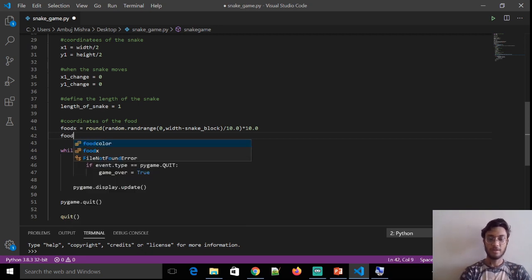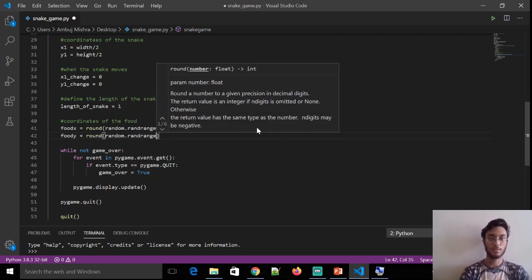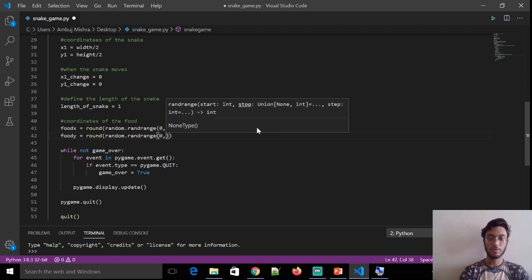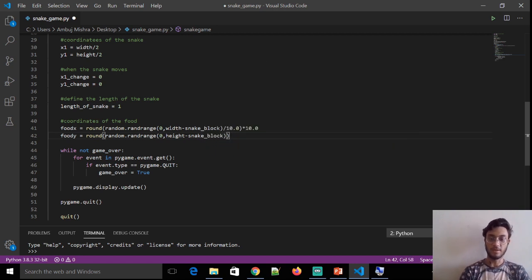Similarly, for food y equals round of random.randrange, in which I'm going to pass 0 to height minus snake block, divided by 10.0, times 10.0. I hope this is clear for you guys. So we have declared the coordinates of the snake and the coordinates of the food in this section.